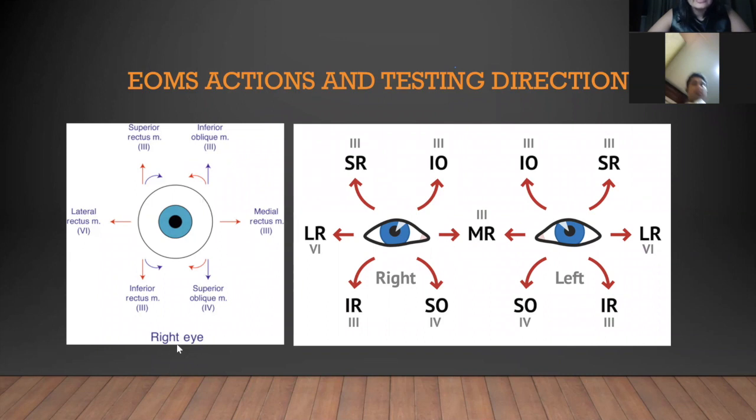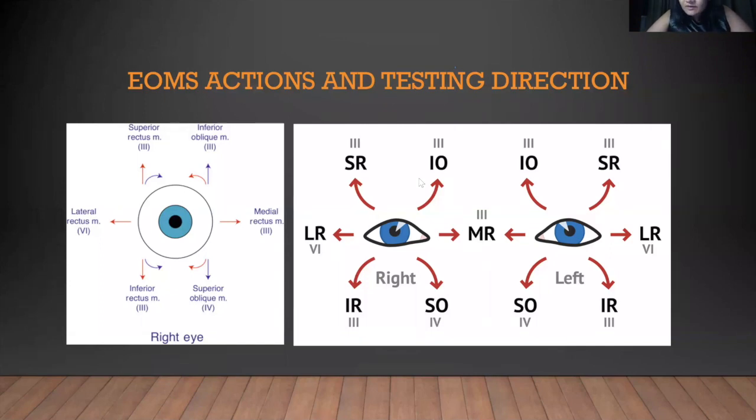So this is the diagram of the right eye where you're drawing direction. So medial rectus, lateral rectus, and superior rectus is going up and it intorts. So it elevates and it intorts. Inferior oblique elevates and it extorts. Inferior rectus depresses and it extorts, and superior oblique depresses and it intorts. Okay, this will tell you easily, you can remember eye movement and eye muscle actions.